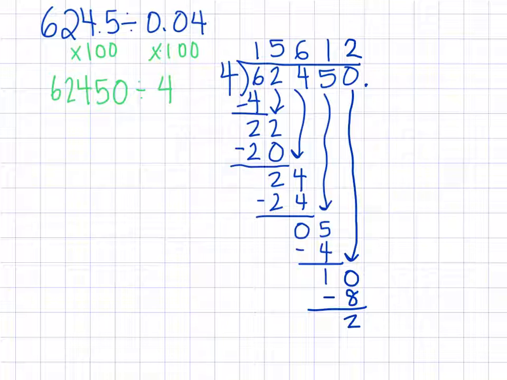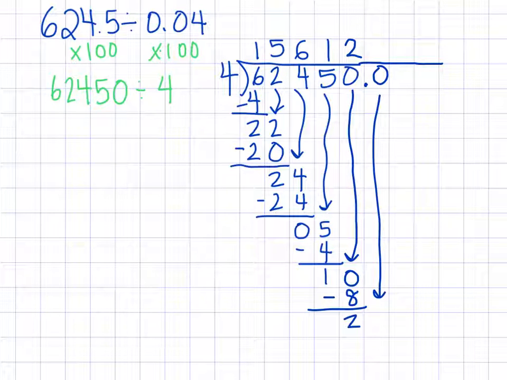So now I'm not done, I have to add a 0. Continue on. And 4 goes into 20, I'm going to add my decimal, 5 times, with 0 left over. So now I am officially done, nothing left to bring down. So my final answer,